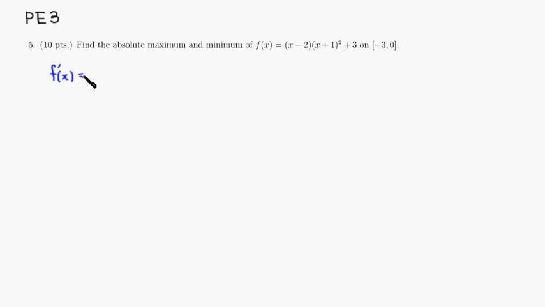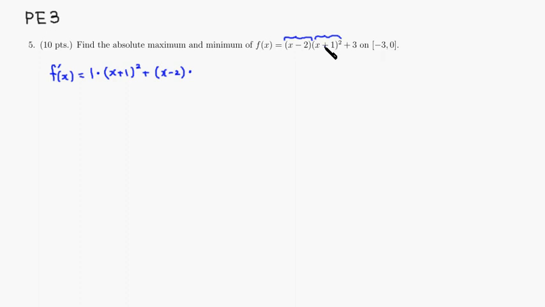is equal to... We have to take the derivative of this, but you notice that it's a product of two things, multiplication. So we're going to have to use the product rule. The first guy is x minus 2. The second guy is quantity x plus 1 squared. By the product rule, derivative of the first, which is 1, times the second, quantity x plus 1 squared, plus the first guy, quantity x minus 2,